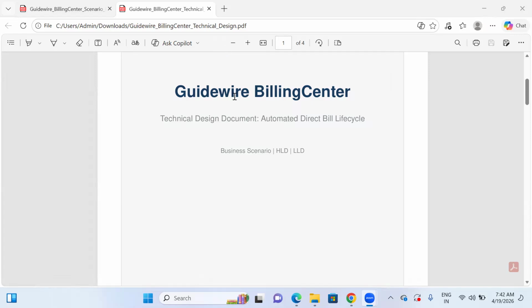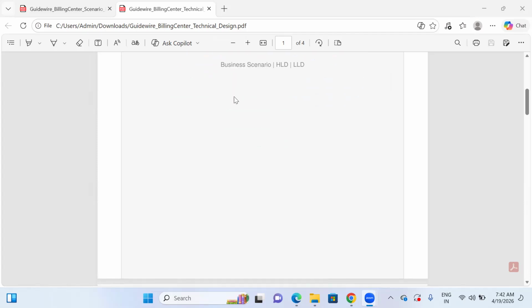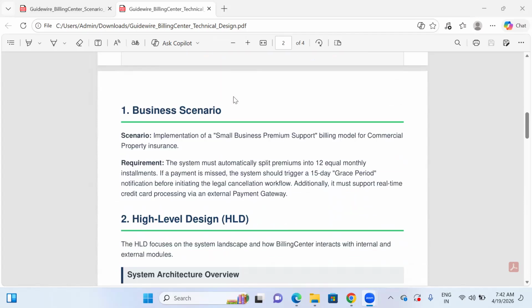Because generally, when it comes to billing types, there are direct billing, agency billing, and so on. In direct billing, the customer pays directly to the insurance company. Agency billing means a producer or an agent collects money from the customer, deducts the commission, and sends the remaining to the insurance company. This is the difference. Now, here is a particular scenario I have taken